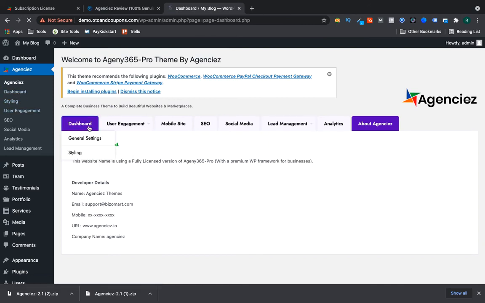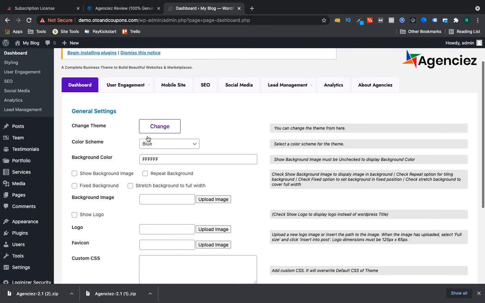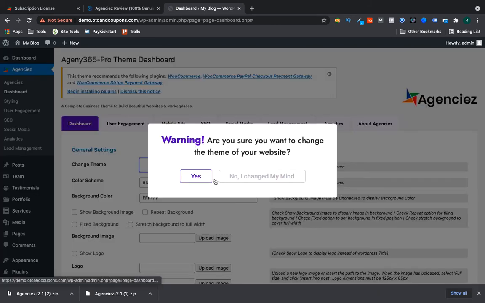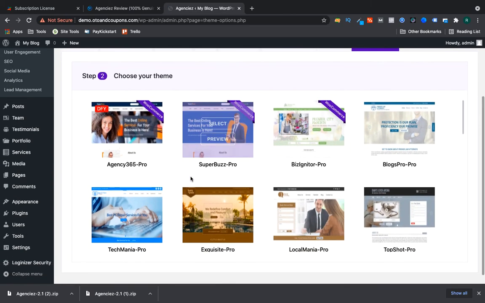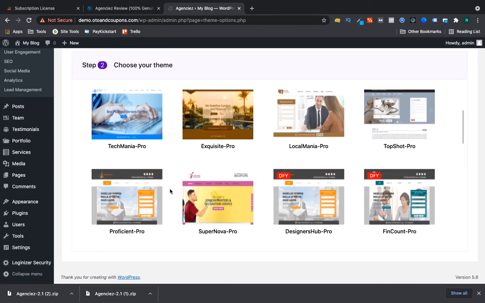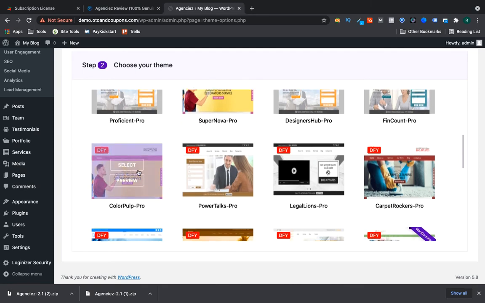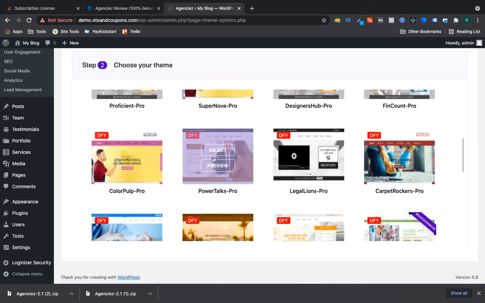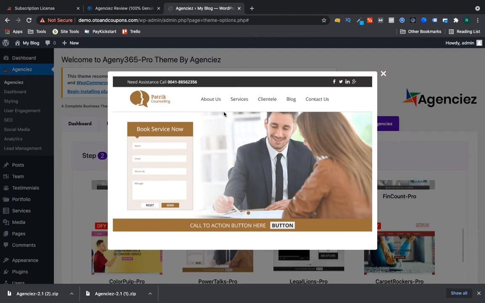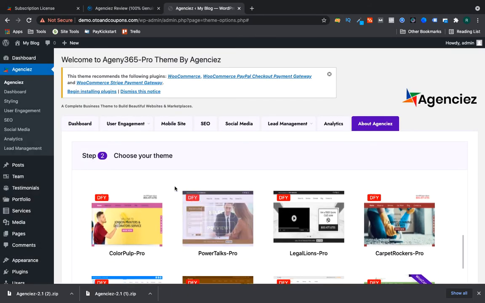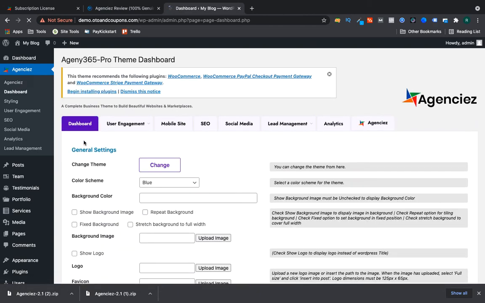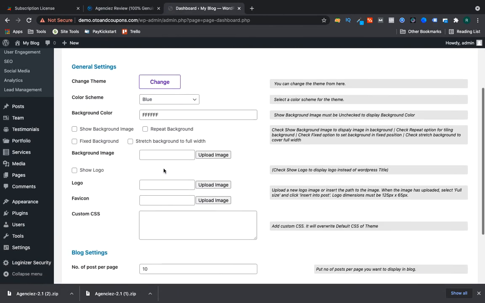For example, I go to the dashboard. I can also change the theme. If I didn't like that theme, or your client doesn't like that theme, you can add some more themes here, or you can change it. Then we have color schemes that we can change.